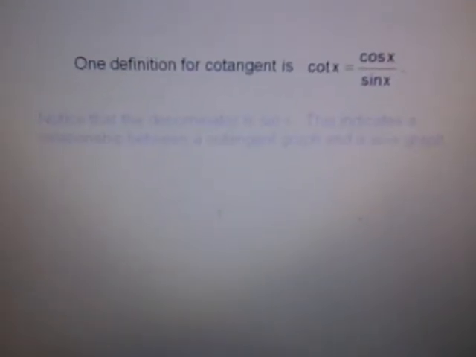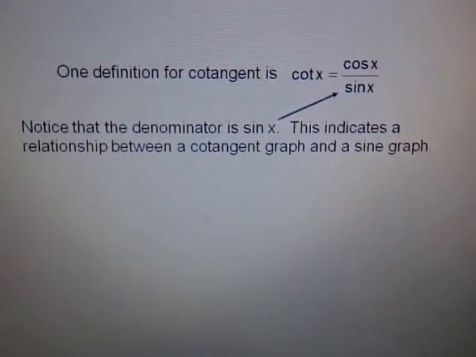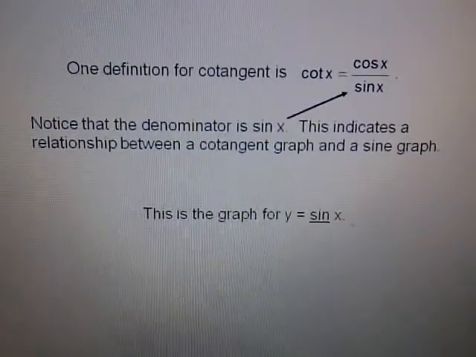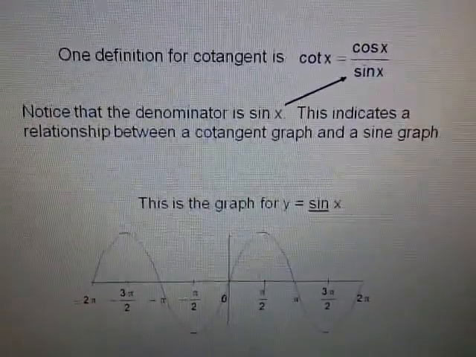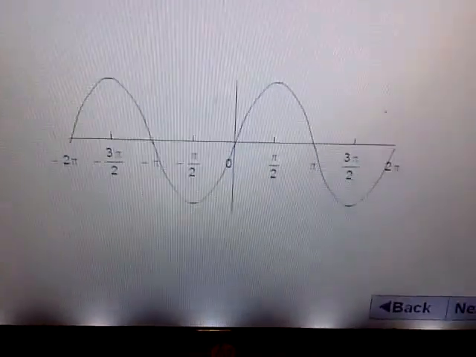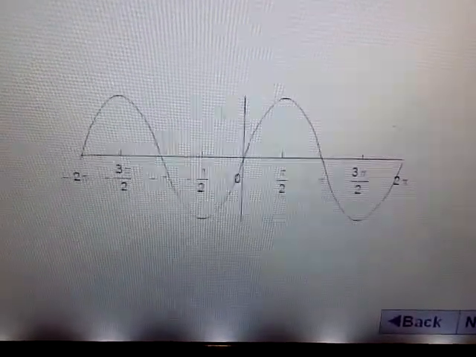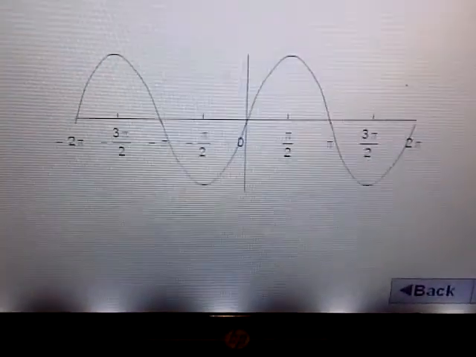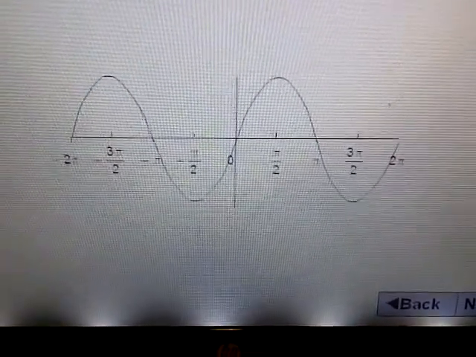Now, if we look at cotangent graphs, cotangent is cosine over sine. And again, if we look at the denominator, which is sine of x, we can see that there's going to be a relationship between the cotangent and the sine graphs. So here is a picture of a sine graph, and if I were to put a cotangent graph on top of this sine graph, you'll see that